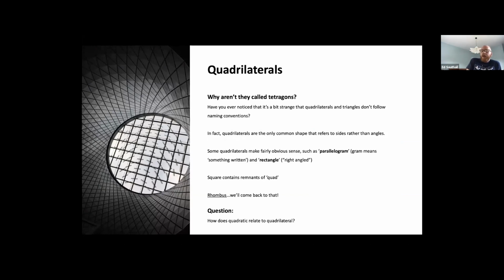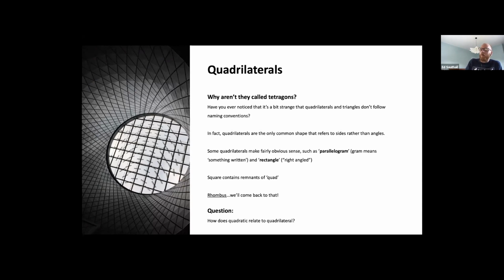And this is super nerdy, but it's weird to me that we've got a family of shapes called quadrilaterals, because when you look at the names of all the other shapes, none of them talk about sides. The other ones we talked about were angles, and then we go back to angles with triangle. So you'd almost be forgiven for going, okay, if it's quadrilaterals now, then the next one's going to be trilaterals. And you're like, no, it's not that, and it's not trigon either. We're going to go with triangle now. So quadrilateral just means four sides.